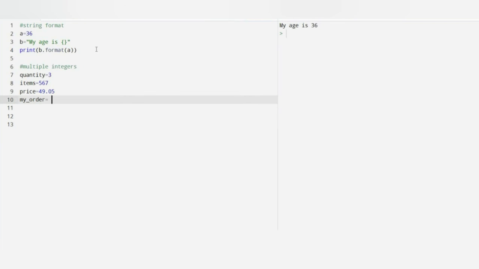My order is equal to, I want... Actually, inside the placeholder I put 2 because it's an index value. That is, I declared 2 as my price. 0 is quantity and 1 is item. 2 is my price.